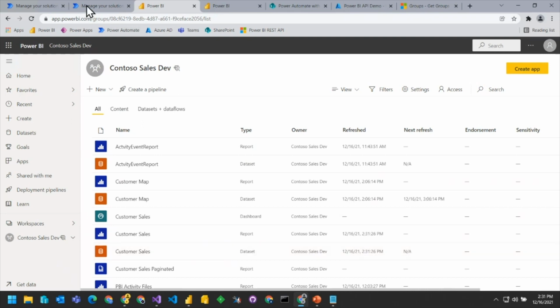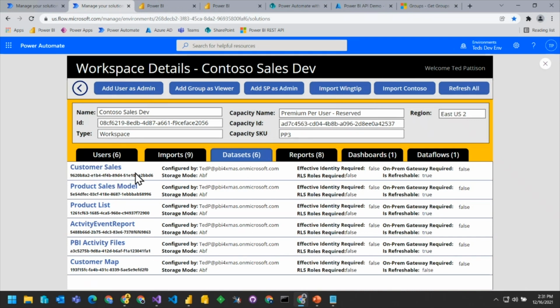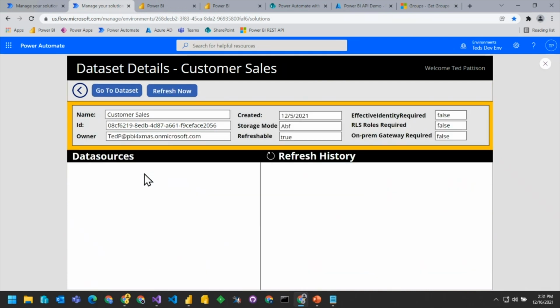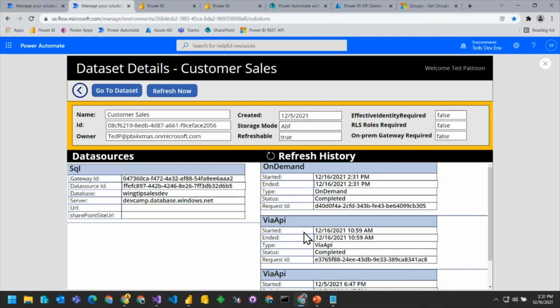running right here, let's go back here. Let's go back to that data set. Let's drill into it. As I do that, it's going to call, and you can see that I can see the refresh history inside here. I can see the data sources for this, so being able to kind of drill down. Also, let's say that I do a refresh now. All of a sudden, we've got an API that's called to start another refresh on that particular data set.